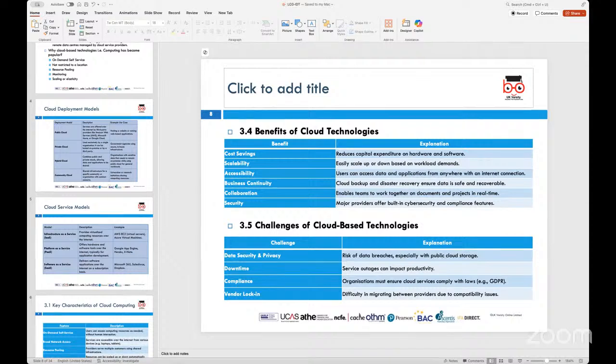Now, downtime and outages can also impact productivity, because when you look at moving your services to cloud based, what you're trying to do is essentially ensure that most of your services are available to customers in real time, right? Real time means, as an example, you look at an airline website. An airline website allows you to book tickets online. Say in the middle of the night you decide that, okay, we are going out on a holiday, and you log into the website, you create a password, and obviously you're able to book tickets and see the flight schedules. You're able to do it almost at any point in time, depending on what your preference is.